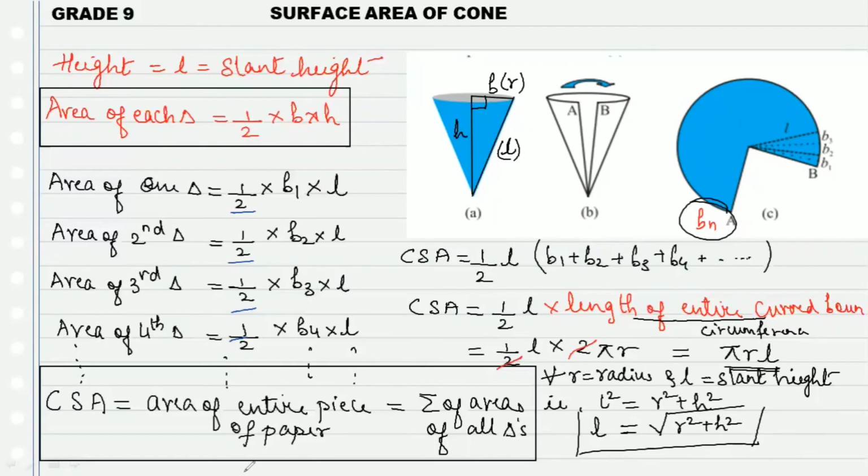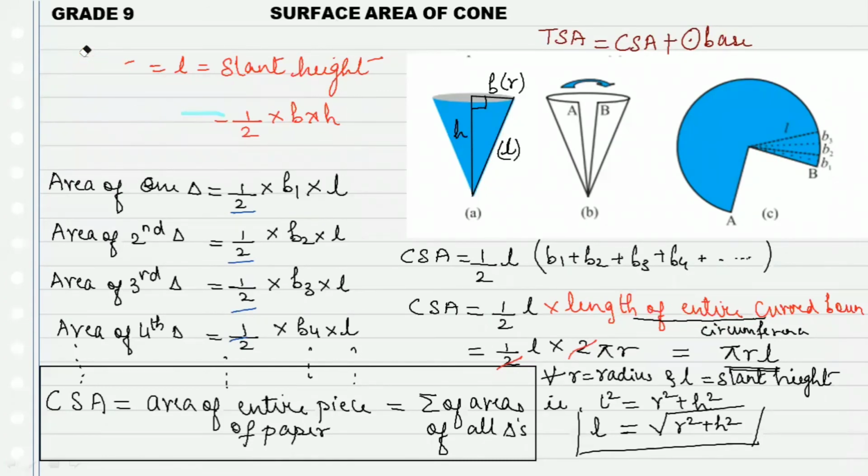Okay? Now the final one, TSA. जब हम TSA की बात करते हैं बच्चों, it becomes the total surface area, isn't it? Total surface area. So when we talk about total surface area, it will have the curved surface area along with the base. So अब आपके इस cone में what is the base? I've been repeating since long. Base is circular base, right? Circular base. So we'll add up these areas to get our TSA. Okay. For this, I'll just rub the starting few steps. I hope you can pause the video and note it down.